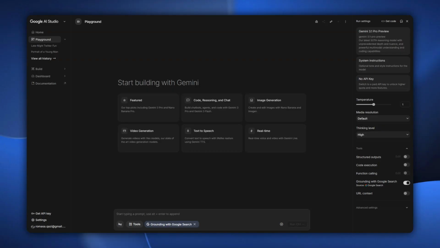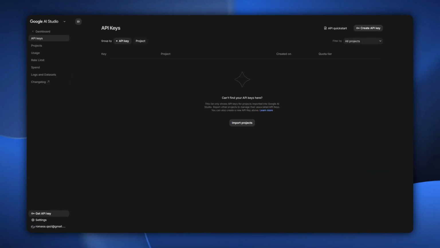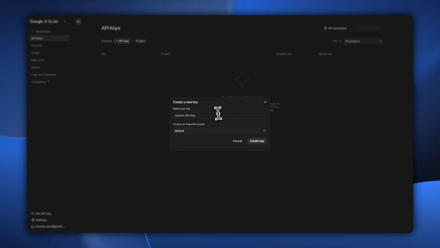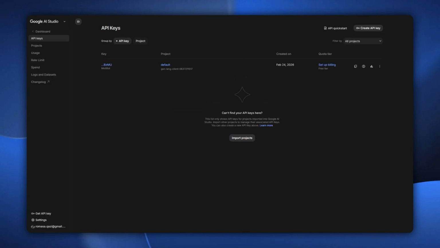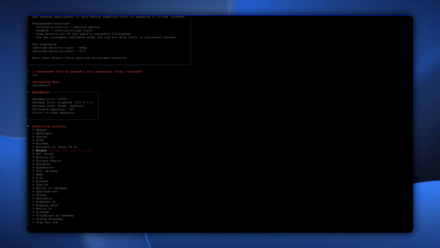To use Gemini, open Google AI Studio in your browser. Log in with your Google account. Navigate to the Get API Key section and click Create API Key. Name your key and generate it. Copy the API key, return to the VPS terminal, select Google as your provider, and paste your API key when